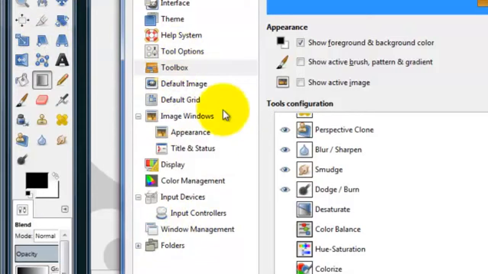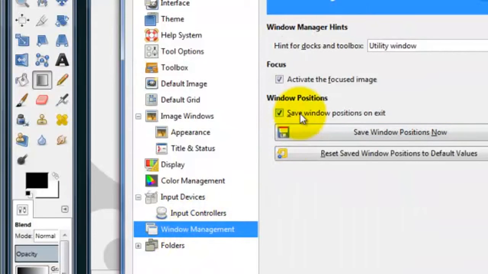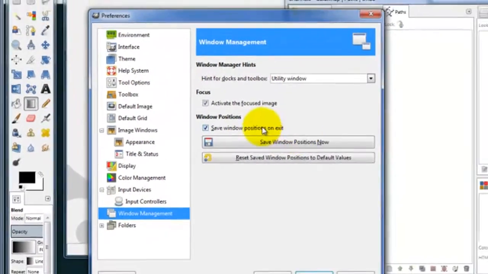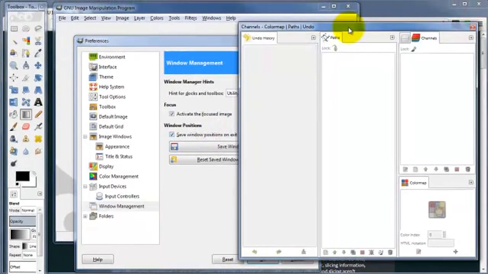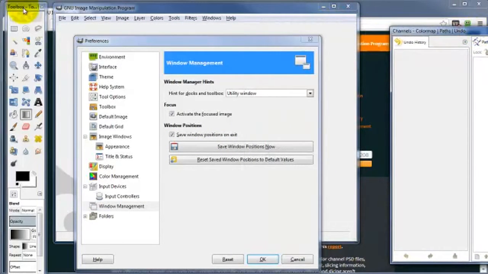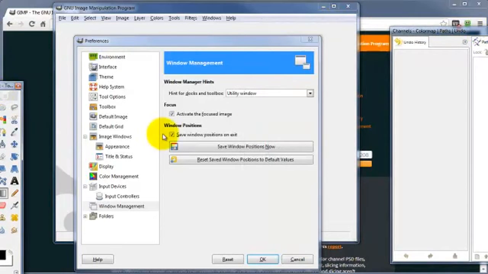Now also over here in the left window of your preferences section, down here under window management, go and select that. And this guy right here, by default, the box is ticked, and that's going to save the window positions on exit. In other words, if I have the dock window for my dialog box right here, and my toolbox like this, with this box ticked, and I close out Gimp, whenever I open it back up, this is how it's going to open up, just like this,